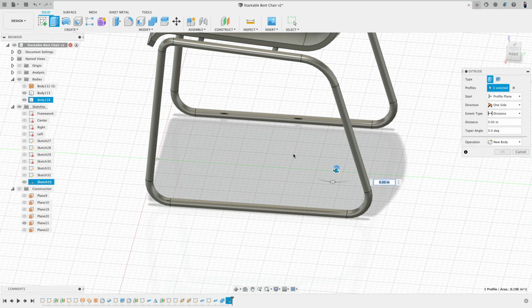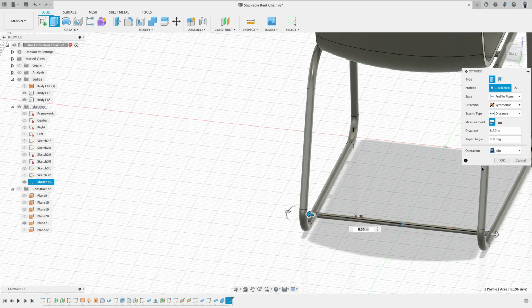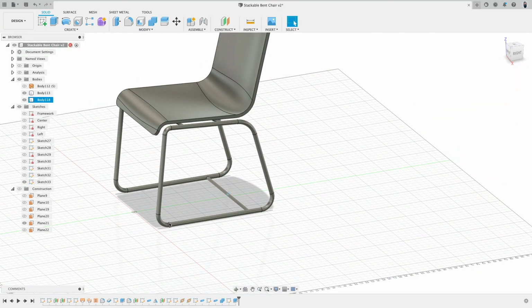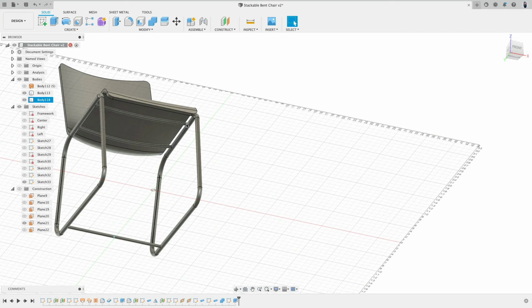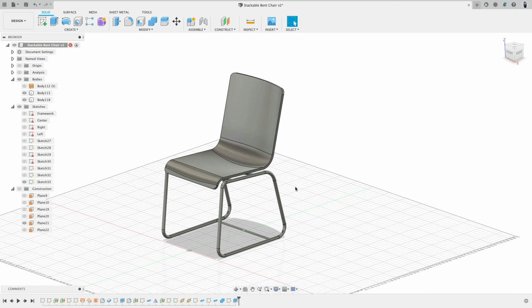Cool. Then last thing, extrude. We do this symmetrical and extrude, run it into it. So it cuts. That's perfect. And then we switch this to join. Yeah. So now when there's a kick or something against the legs at the bottom, this will prevent the joint here from getting stress and at one point maybe breaking. Perfect. Yeah, there's our bent plywood chair with a metal wire leg system, which is now a little bit